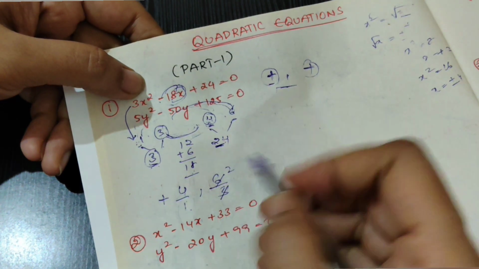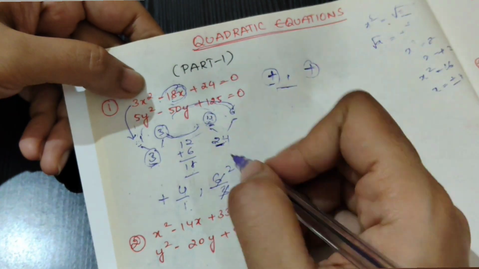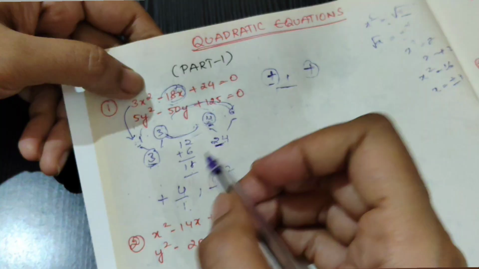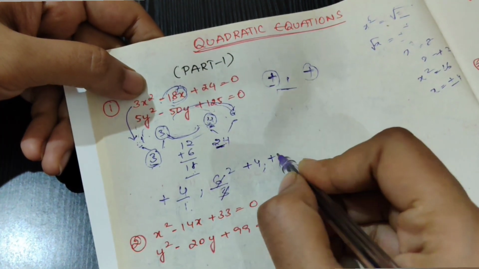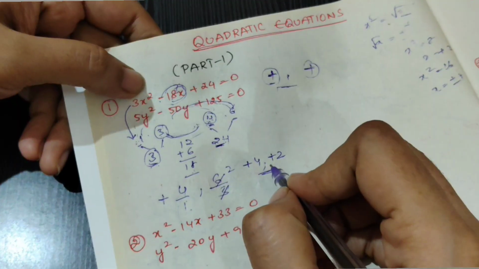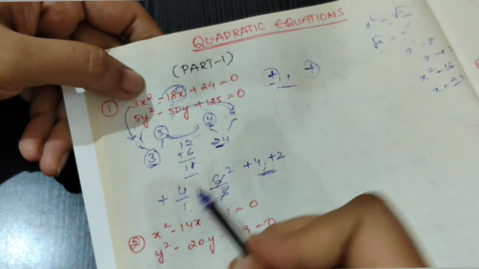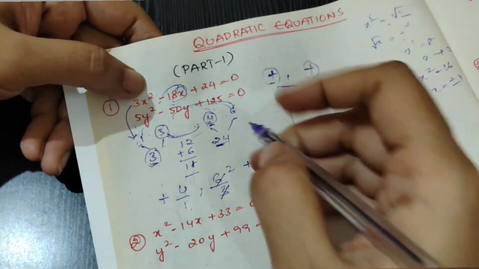Okay, now 3 2s. This is what I am showing while solving, but in my brain only I will do it, and directly you need to take. Plus 4 and plus 2. Okay, these are the signs, because minus plus, both roots will be positive. In the same way I will take